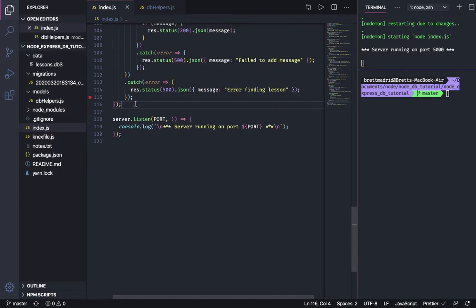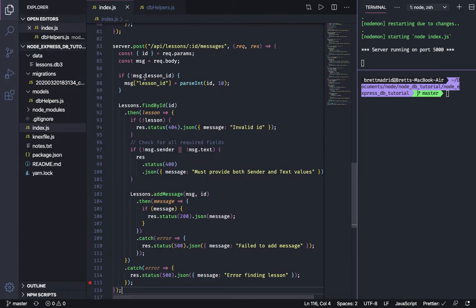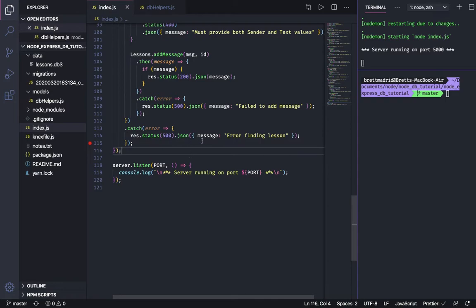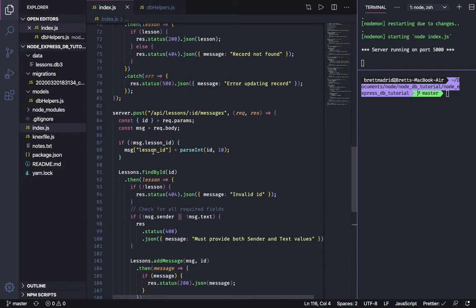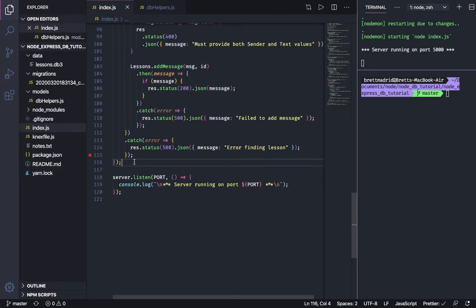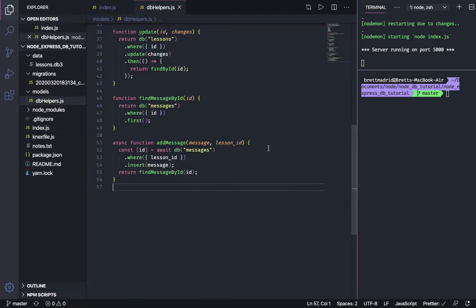Now that we were able to add a message, we're going to write our endpoints to retrieve our messages and to delete a message. We'll skip the updating of a message. We know how to do that. I think you all get the idea. Maybe that'll be a good homework assignment if you want to take that extra work on. But so without any further ado, let's write our function